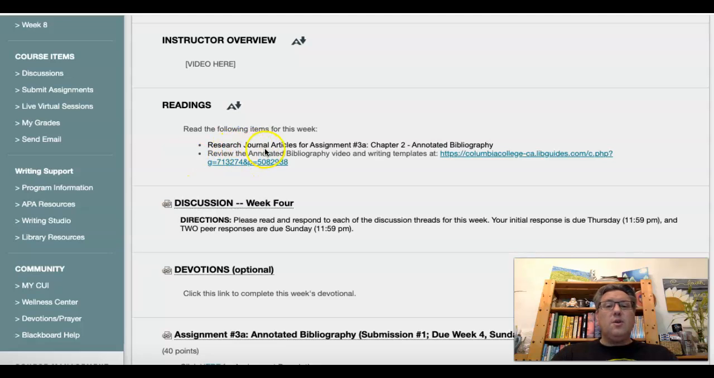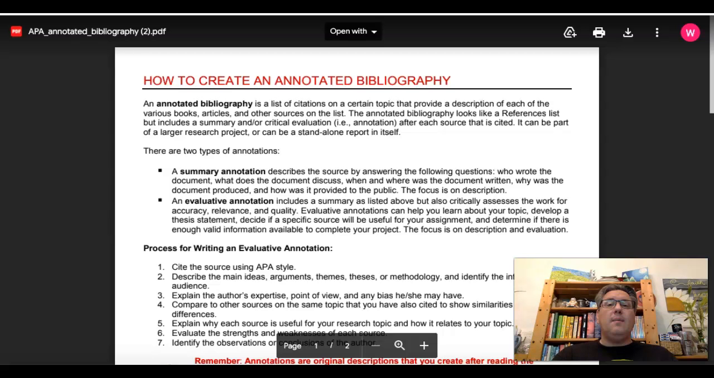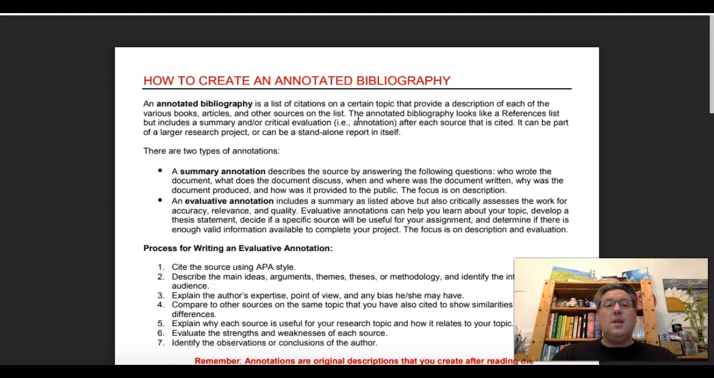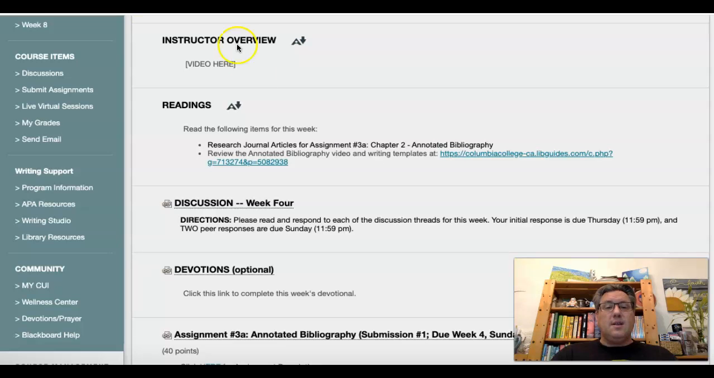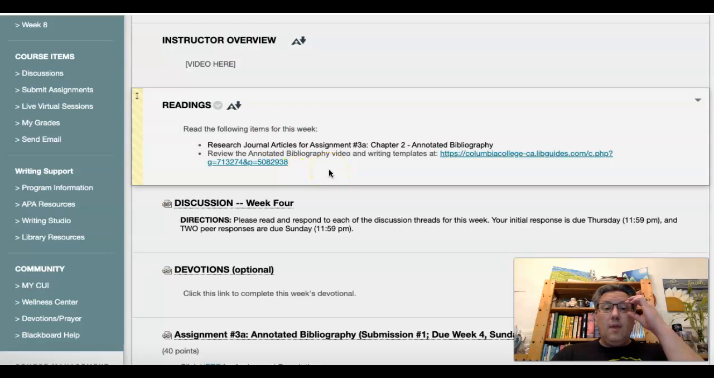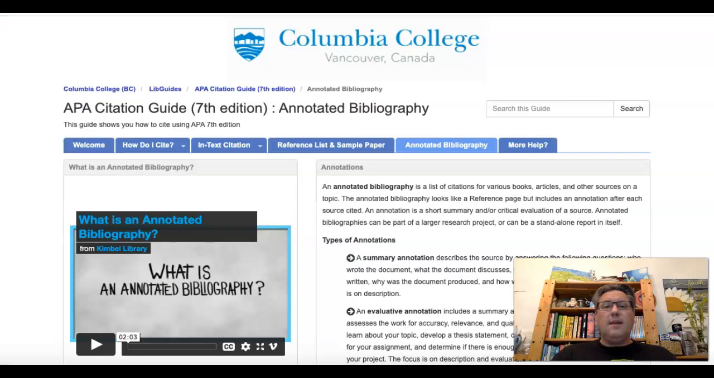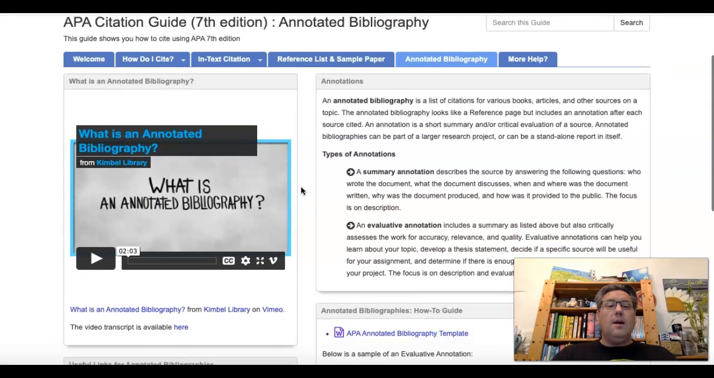Now, the research journal article for assignment number 3A, chapter 2, it's not a live link. I don't have control over that piece, but I'm just going to remind you that we had you look at this. It's part of the link of the slides I gave for week 3's live session of how to create an annotated bibliography. So this is something that you'll be able to read over again. As well as if I look at this, there's also a link to the Review the Annotated Bibliography video and writing templates at Columbia University. So if you click on that, that's going to take you to a website here, give you some videos,